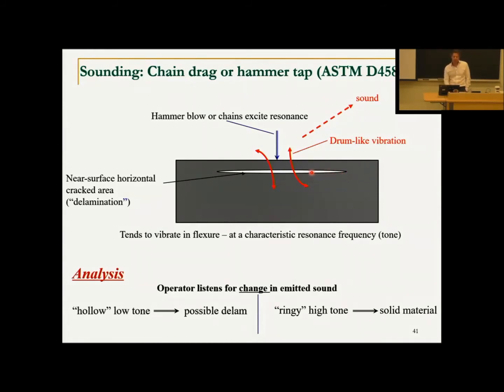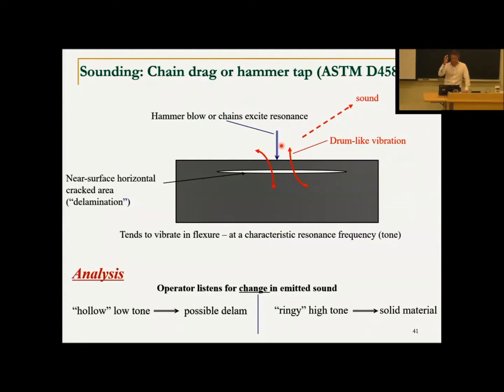If this defect is relatively large and is located near the surface where you are tapping, then by tapping you can set up a resonance much like a drum head. When you hit a drum, that thin membrane vibrates and pushes a lot of air, and your ear can hear it. So when we have a thin membrane, a thin solid element, which vibrates